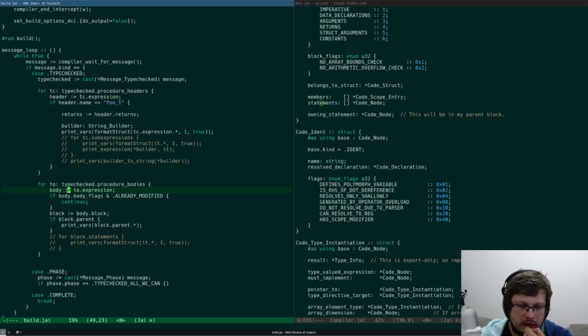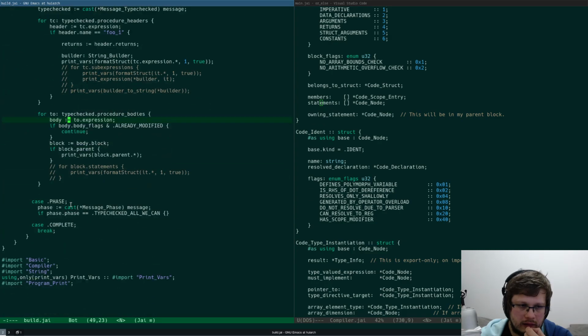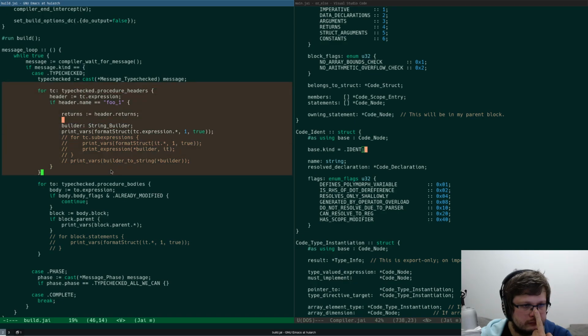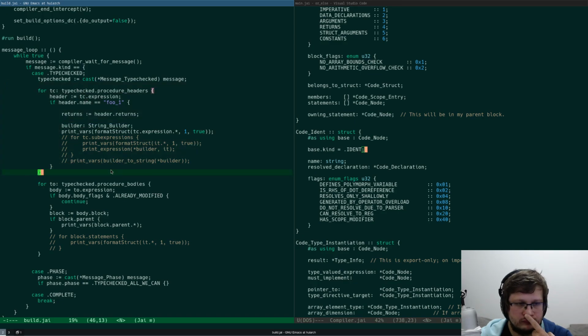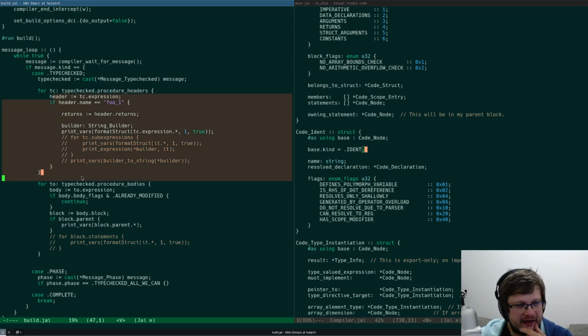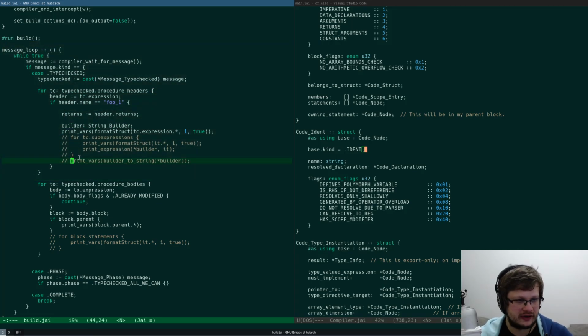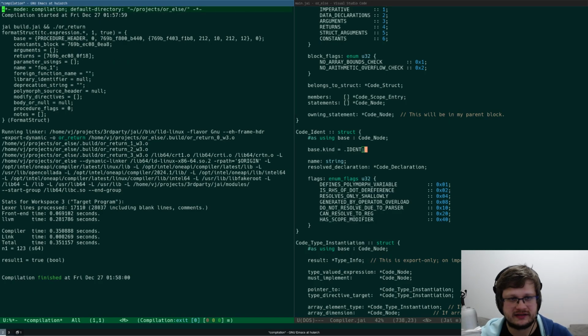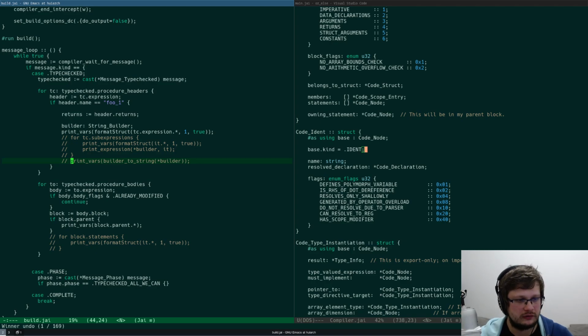Prepare. Huh. I thought that when you read header, the next type checked message should be the procedure body from this. So okay, let me, why does it insist on compiling in the same window?